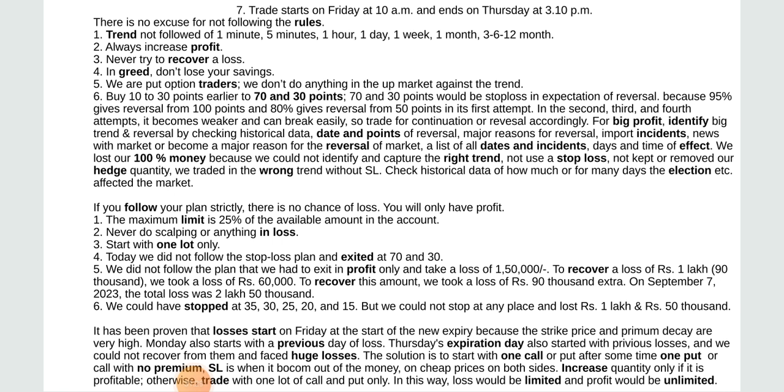One: the maximum limit is 25% of the available amount in the account. Two: never do scalping or anything in loss. Three: start with one lot only. Four: today we did not follow the stop loss plan and exited at 70 and 30. Five: we did not follow the plan